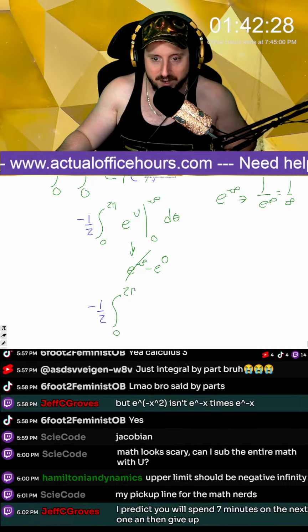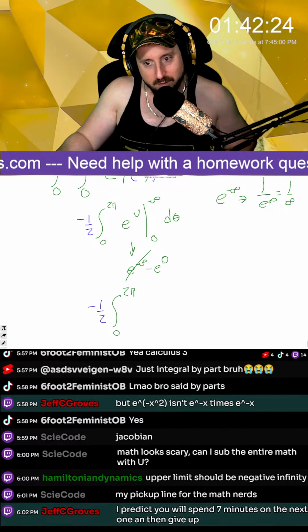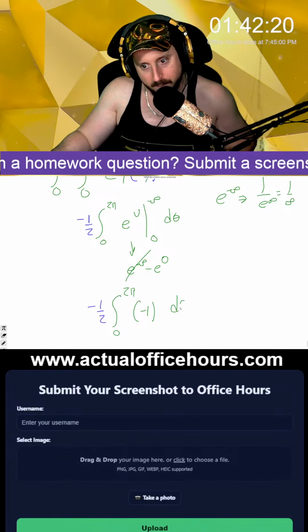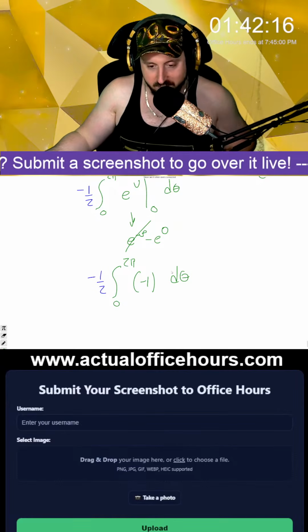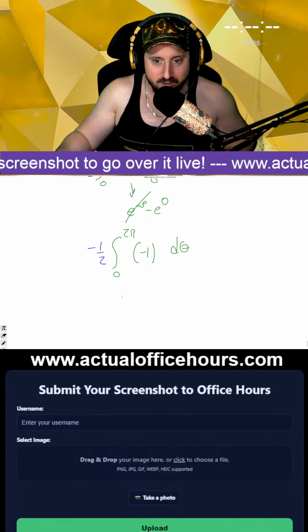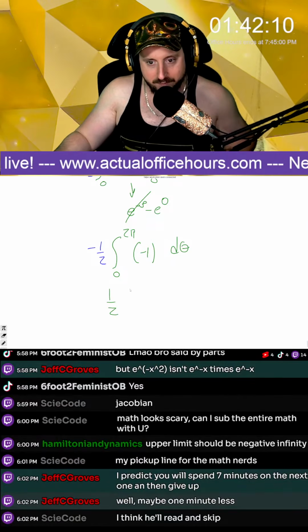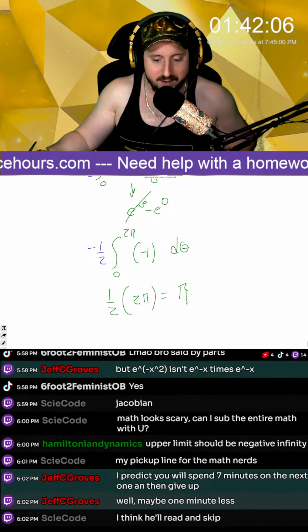All right. 0 to 2 pi, and then minus e to the 0. But then e to the 0 is 1. So cool, then we have a negative 1, then d theta. This integral is just going to be theta from 2 pi to 0. So you end up getting 1/2 times 2 pi. So you just end up getting pi. But